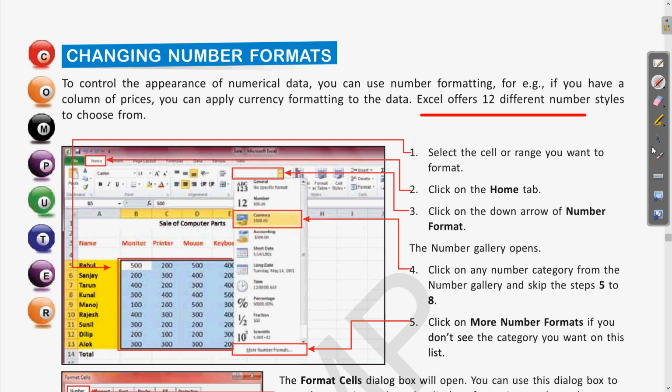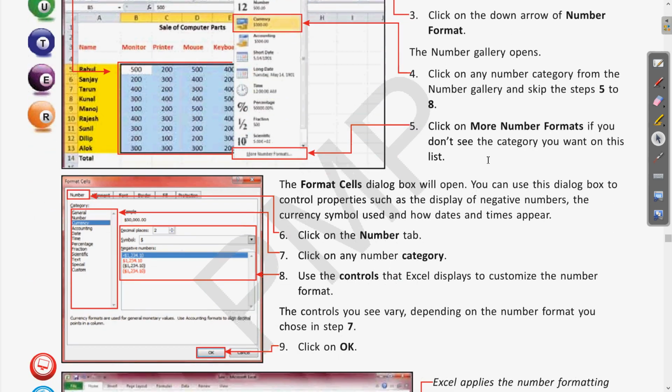In the same way, if you have some values and you want the currency symbol along with the numbers, this feature can be used with the currency number style. Clear? We have also seen how to apply these number formatting styles, and how to change some of the other features of this.